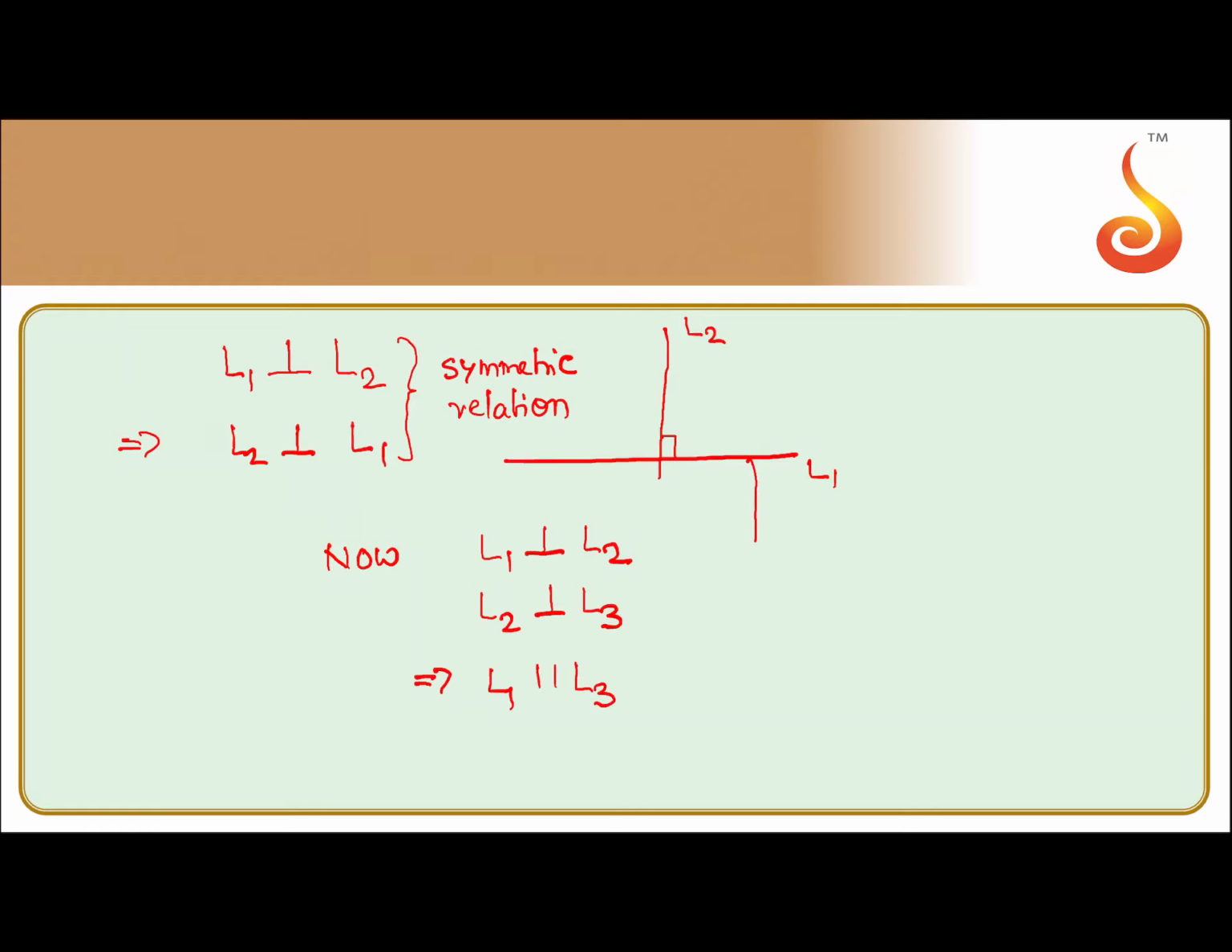Suppose I draw another line, L3. This is L3. So what we observe: L1 is perpendicular to L2, L2 is perpendicular to L3. What we observe is L1 is parallel to L3. L1 is parallel to L3. Therefore,